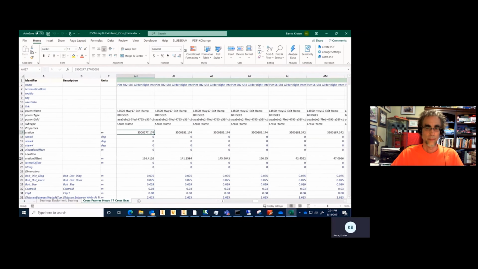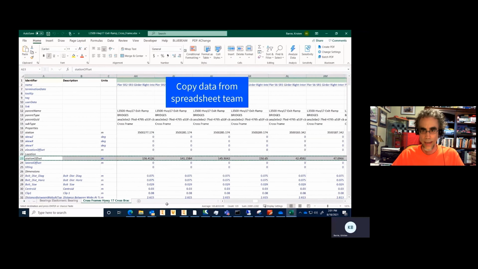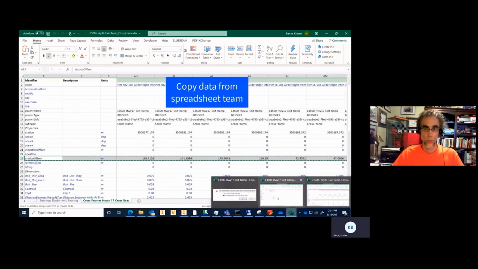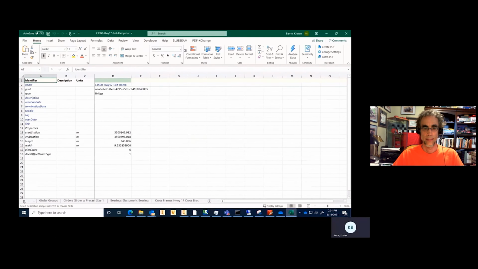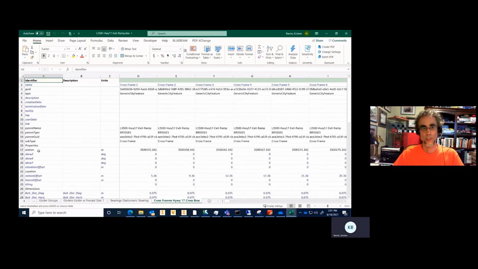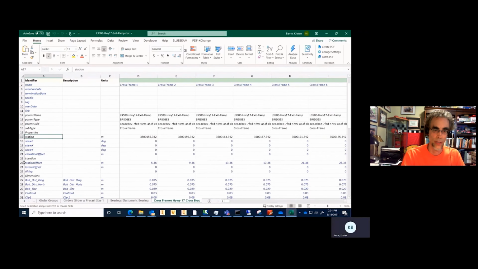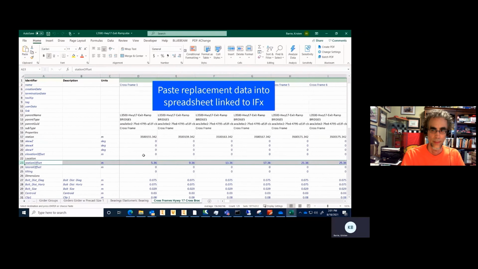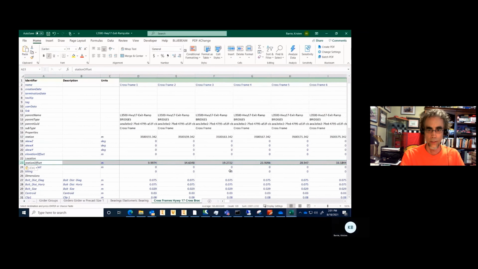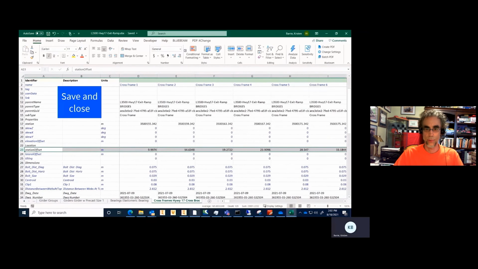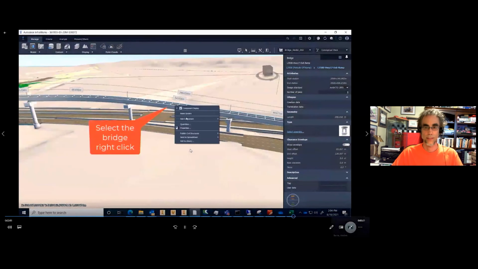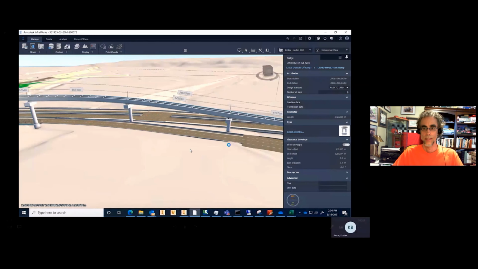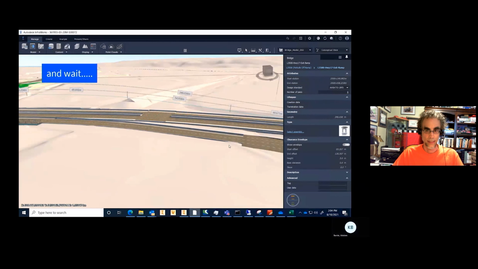And again, the person that did this for us had another spreadsheet that they were working on while we were doing the modeling. And we're just taking the data from that spreadsheet, pasting it into the one we just extracted, populating the data there. We did learn that formatting is very important, and that black text did cause a problem. Formatting needs to be blue in the same font or it won't work. Then when you bring it back into InfoWorks, you just say update existing and you wait.